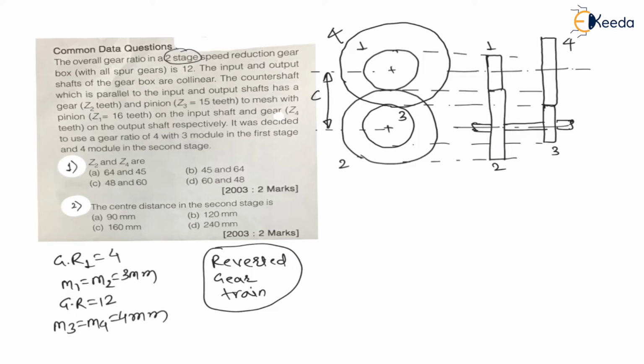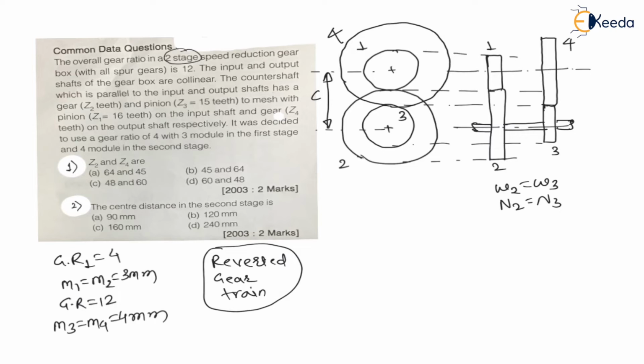In it the center distance between first stage and second stage is same, and first gear is in mesh with second gear, and on the same shaft of second gear the third gear is lying. That means the speed of 2 and 3 will be same because they are on same shaft. Here very special case is the angular speed of 2 is equal to angular speed of 3, therefore rpm of 2 is equal to rpm of 3, 100%. This is a special case, and the axis of first shaft and fourth shaft are collinear, not same, only collinear, right? Now this question we have to solve.